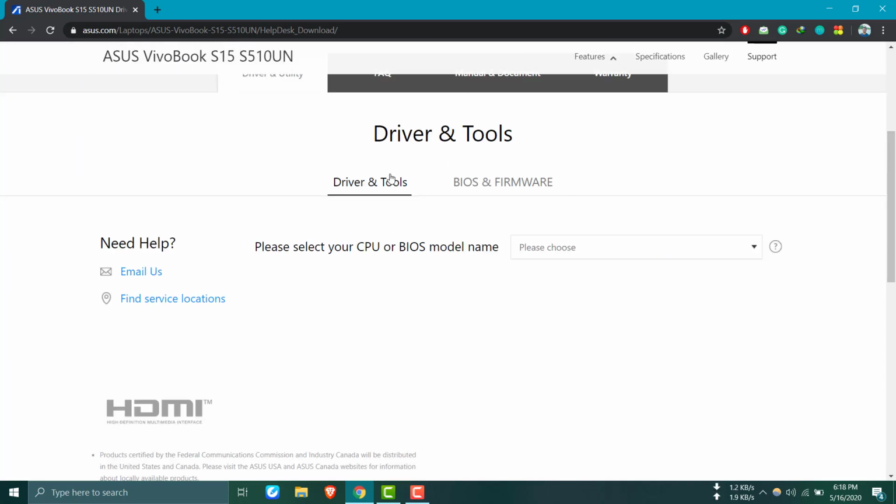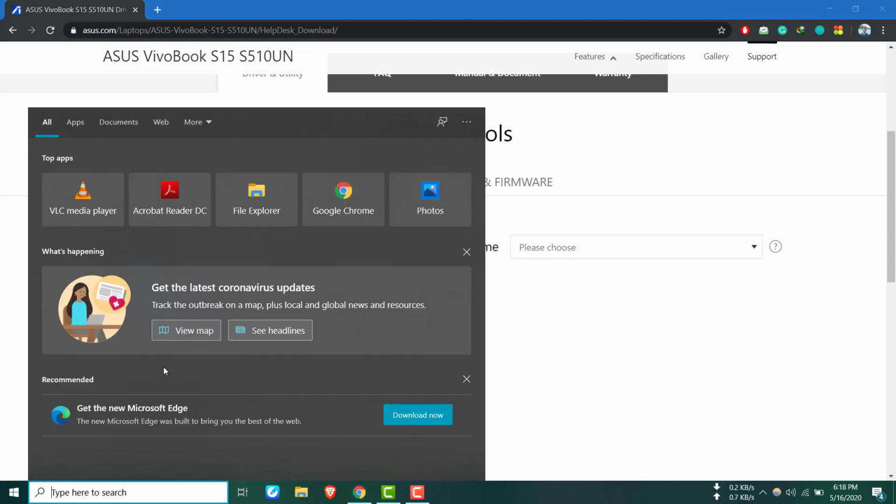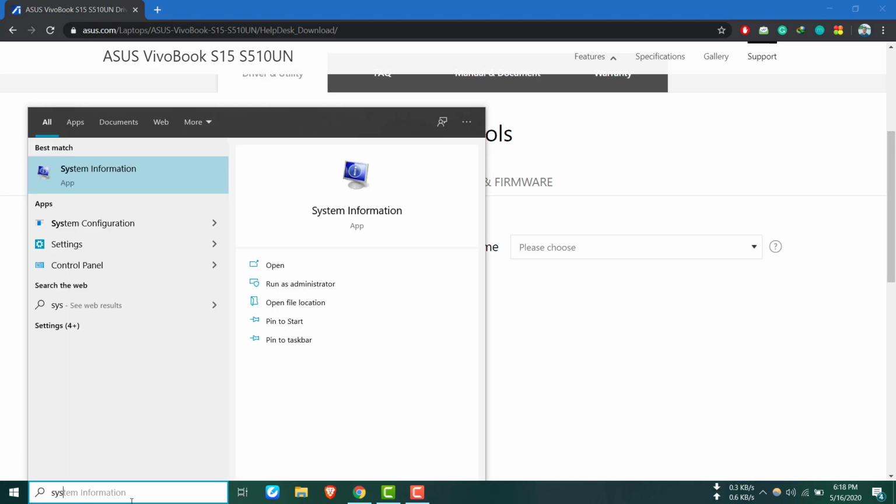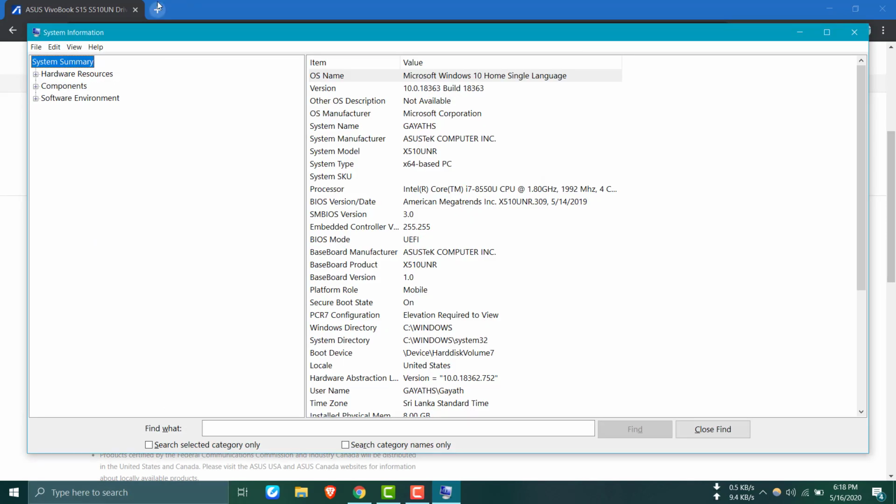This is the driver and utility page. In there you should choose your CPU BIOS model name. If you don't know your model name, just type system information in the search bar. In the system information, in the system model, you can see your model name, X510UNR.